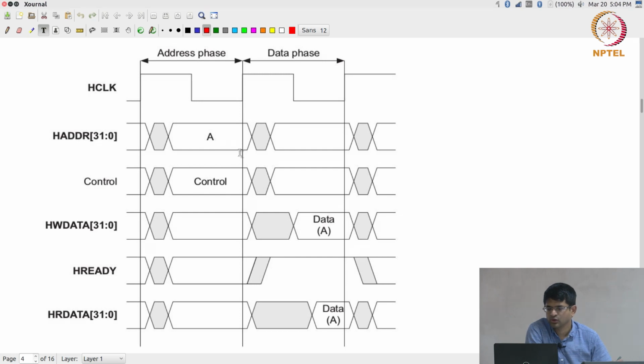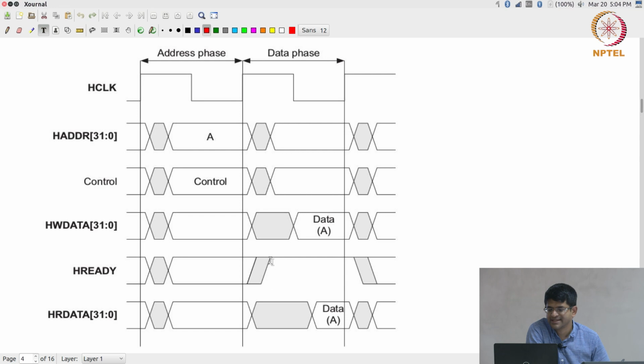So the transaction itself takes place in two phases. There is this address phase and then there is the data phase. What we said is I gave the address A and the control corresponding to that transaction over here during the address phase, and during the data phase, I will make HW data. This is done by the bus master, right? Whoever put out the address is also the one putting out the data over here onto HW data,